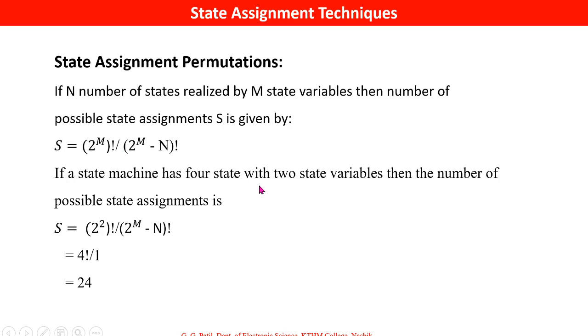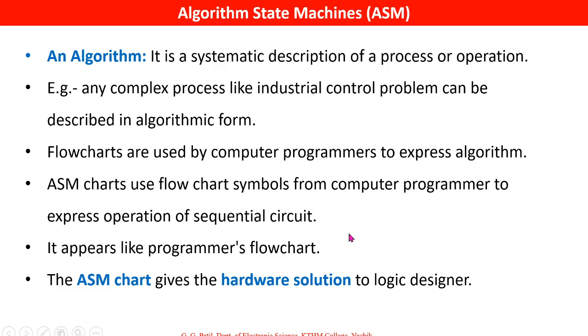If a state machine has 4 states with 2 state variables, then the number of possible state assignments can be calculated as (2^2)! / (2^m - n)!. Put the values of m and n. M is 2 and n is 4, so 4 minus 4 becomes 0. 0 factorial is always 1, so 4 factorial by 1 is equal to 24. Students can take their own values of m and n and find the number of possible state assignments. Now then,